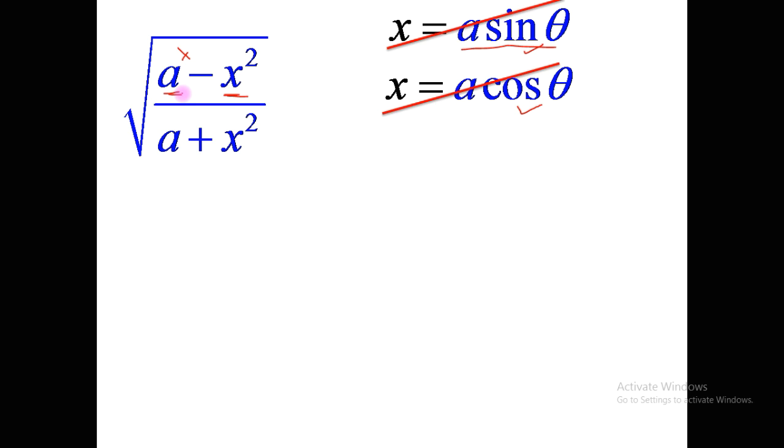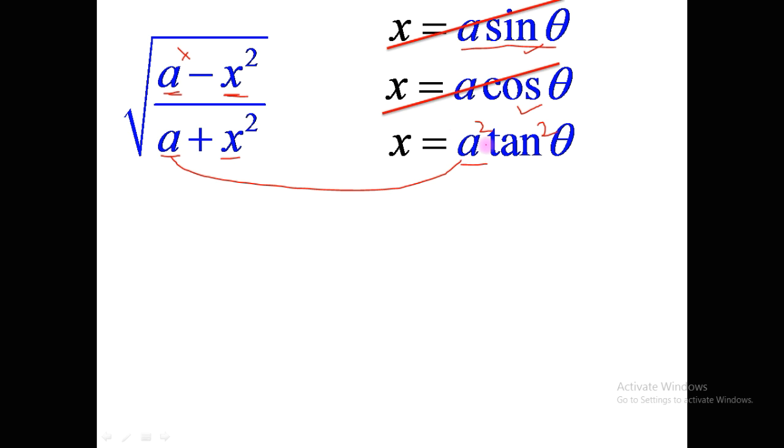Now some might think that we may use a tan theta because of a plus sign over here, and we know that the formula for tan theta is 1 plus tan square. But again the same problem we are going to face, because if I replace x by a tan theta, what happens here is, as it is a square of x, it again will become square of a tan theta, which is a square tan square theta. If it is a square tan square theta and this part is a, it is not possible to take the whole a square term common.